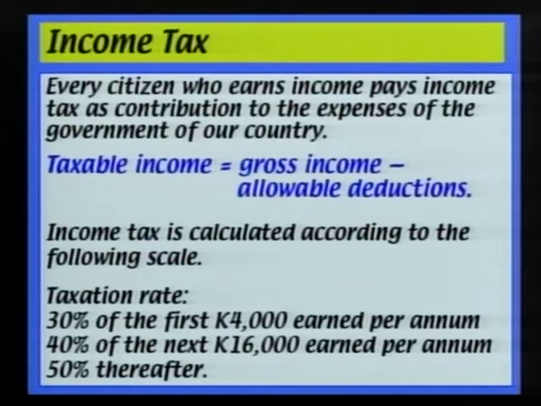If you earn more than 4,000 and you earn, let's say, 22,000 kina, then after the 30% has been deducted, 40% of the next 16,000 kina will be calculated for tax. Still, if you earn a little bit more than 20,000, because 4,000 plus 16 is 20, then half of it will be taken for tax. Then you add all of that, that will be the total tax that you will pay. You understand? So let's say